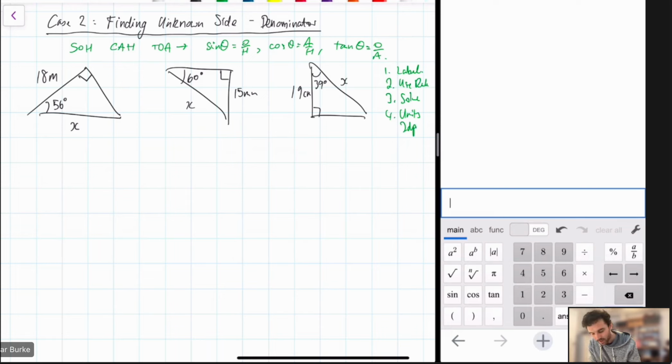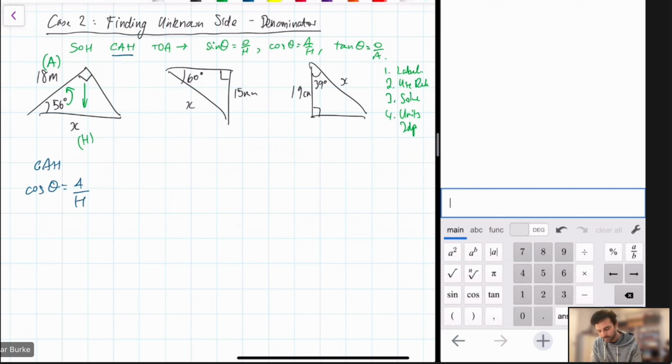So let's label the triangle here. You've got the hypotenuse. And then this one here, we've got our adjacent. So remember, it's always from the perspective of the angle theta. So 56 degrees, it's adjacent or next to. Now, we don't care about the opposite in this case. There's nothing there, so we're going to leave it. What trig function uses A and H? We've got CAH. So CAH, write out the equation,